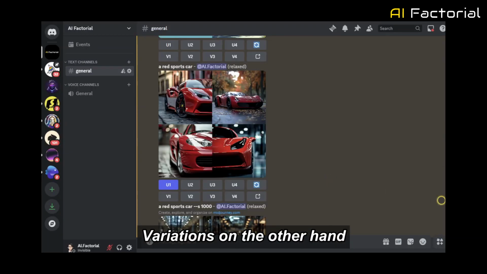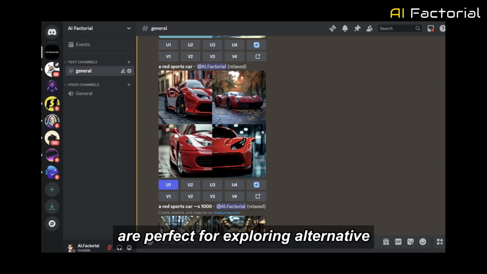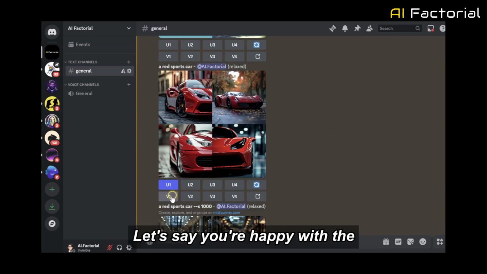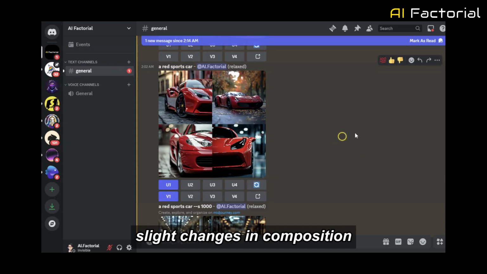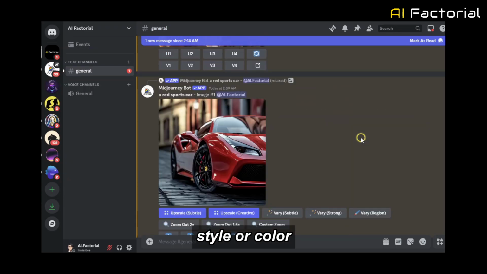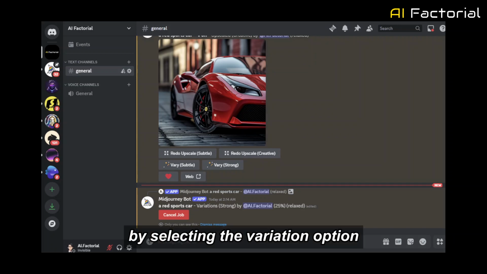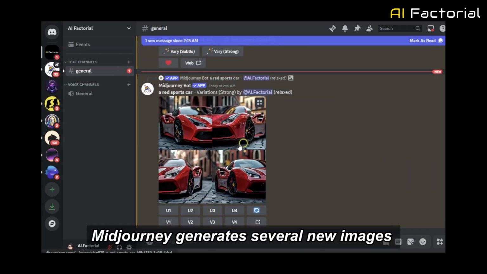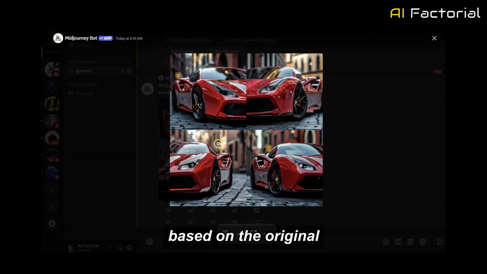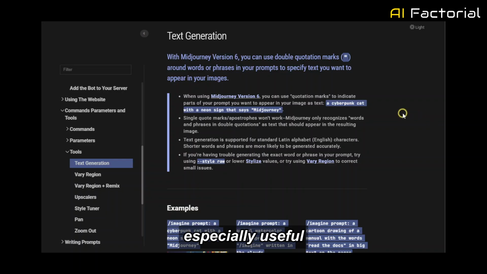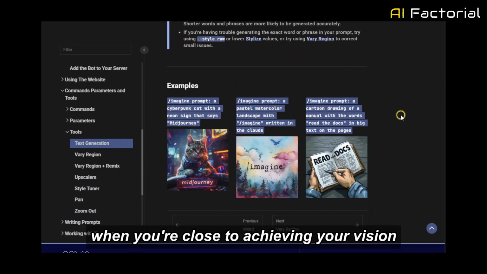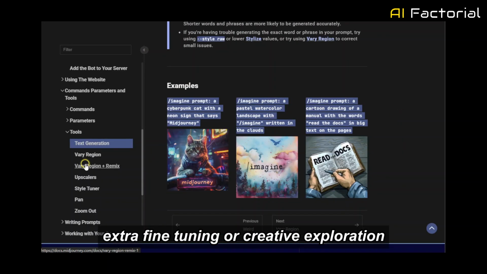Variations, on the other hand, are perfect for exploring alternative takes on a design you like. Let's say you're happy with the general concept of an image but want to experiment with slight changes in composition, style, or color. By selecting the variation option, Midjourney generates several new images based on the original, allowing you to iterate and refine your ideas further. These features are especially useful when you're close to achieving your vision but need a little extra fine-tuning or creative